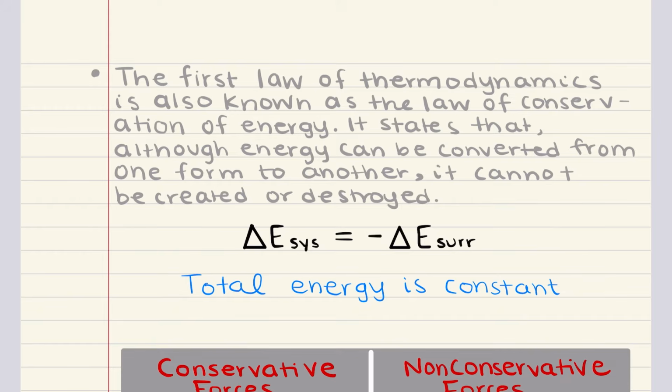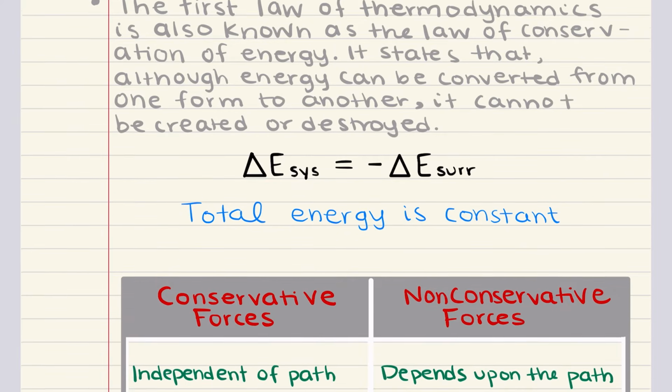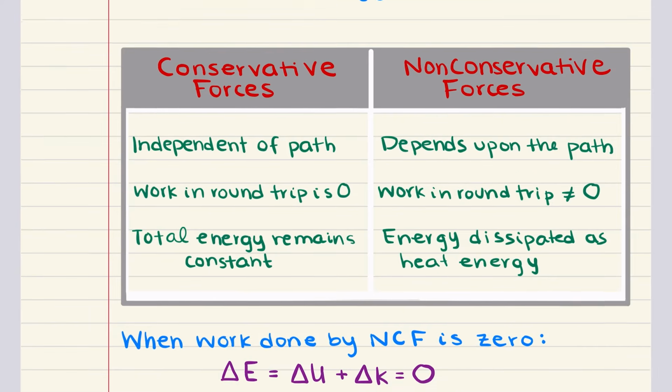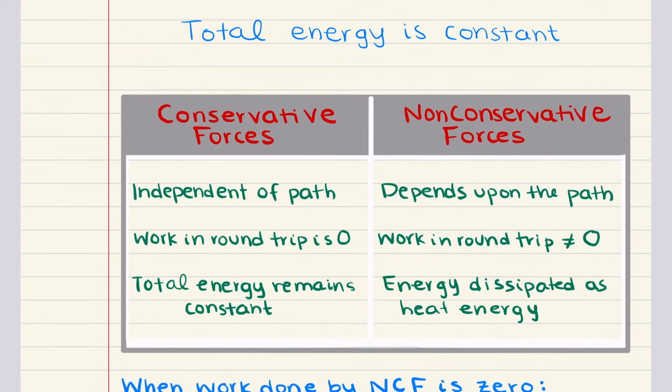And the apparent loss of mechanical energy is simply the transformation of energy into forms that aren't included in the mechanical energy equation. To better understand the conservation of mechanical energy, let's understand the distinction between conservative forces and non-conservative